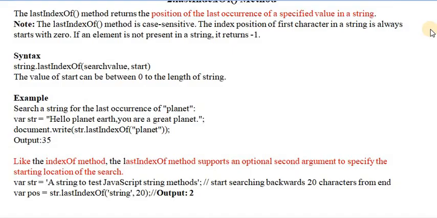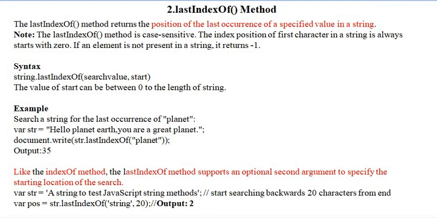Next point is the lastIndexOf method. The lastIndexOf method searches and returns the index number of the last occurrence of a character or a substring within the string, and it searches the string from end to beginning.